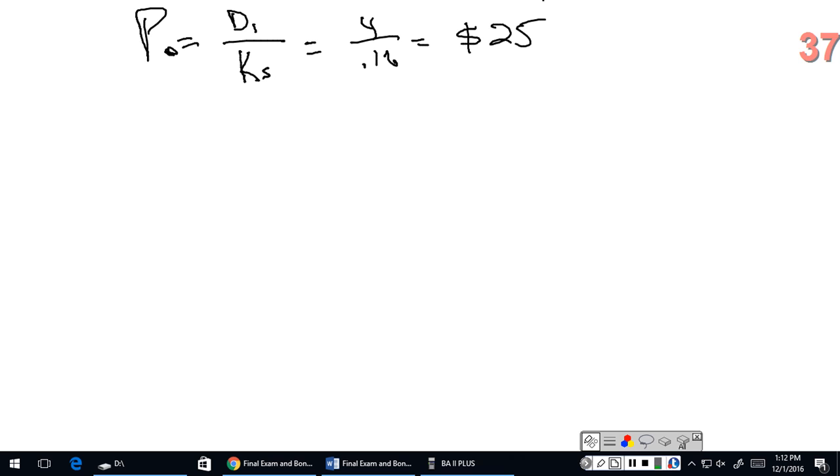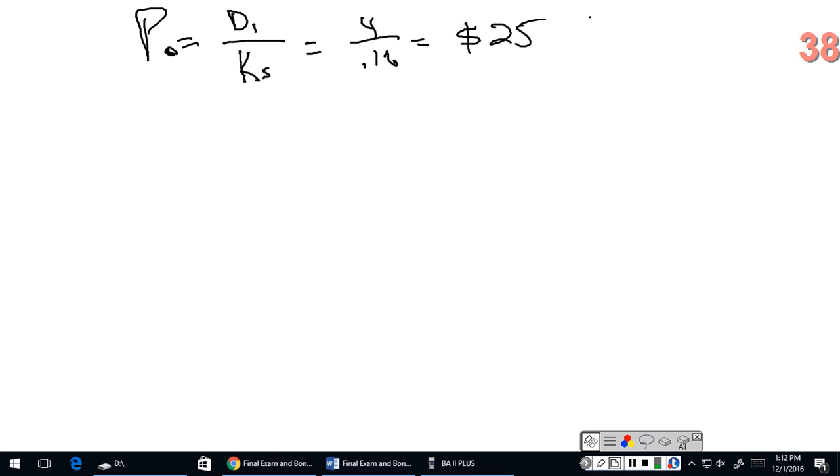Okay, let's take a look at a couple more. Number 14. Now again, as you read through these, you can tell which model you should use. Number 14 says a firm has experienced a constant annual rate of dividend growth of 9%, and it expects dividends per share in the coming year to be $2.70. The firm can earn 12% on similar risk investments. The value of the firm's common stock is...